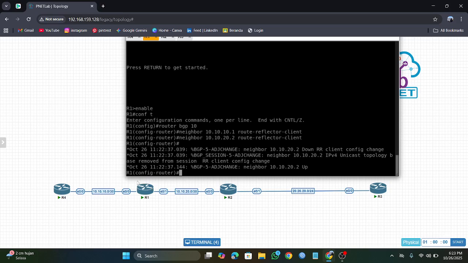You can set it up on router 2, but router 4 must be connected to router 2 with a cable. Okay, this topology is a simple illustration. So next, you set the route reflector on router 1 only.